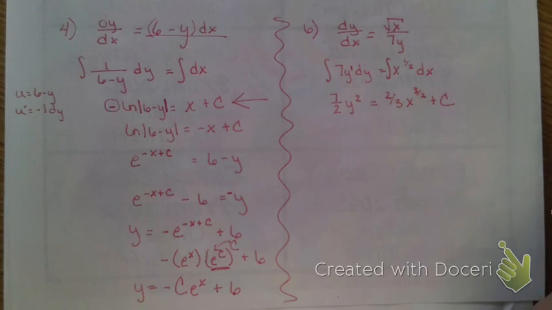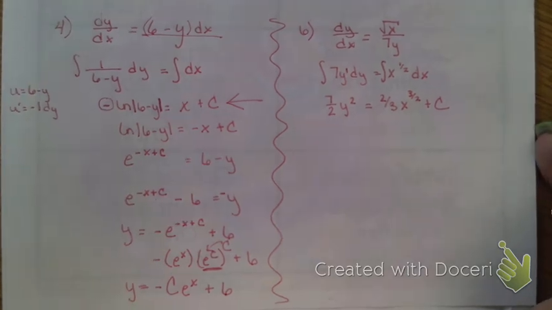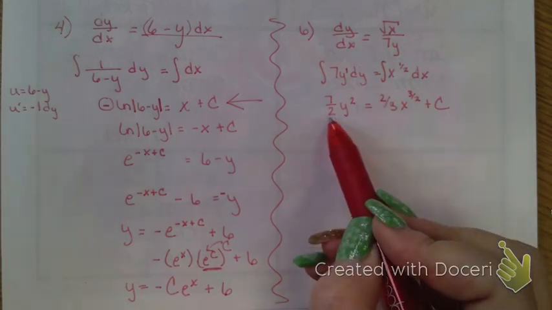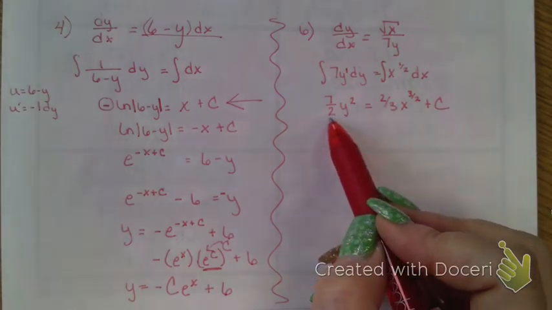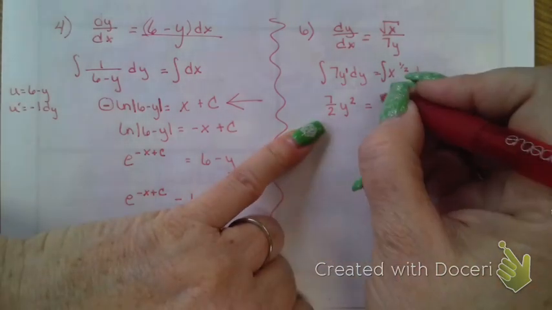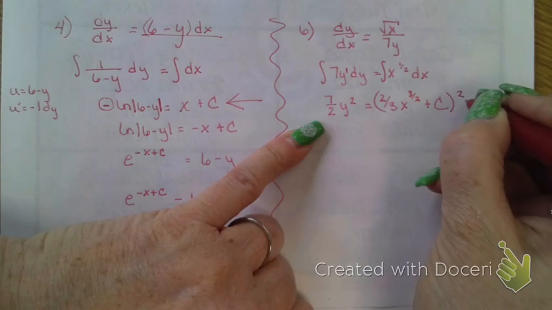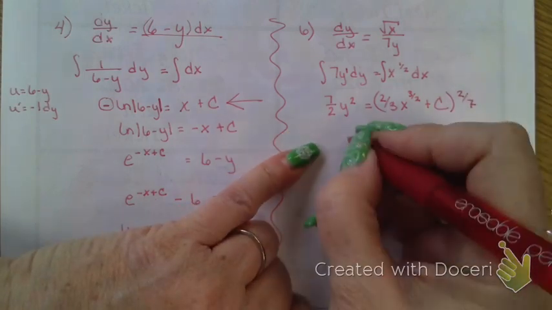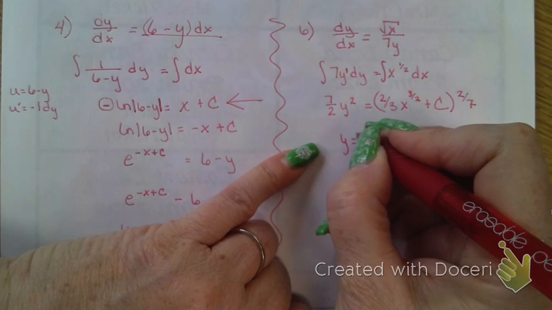So now what? Then you can make it y equals. Well, we need to get rid of the 7/2 first. So you divide everything by 7/2, or multiply by the reciprocal, 2/7. So I'm going to multiply everything by the reciprocal, 2/7. So I get y squared equals